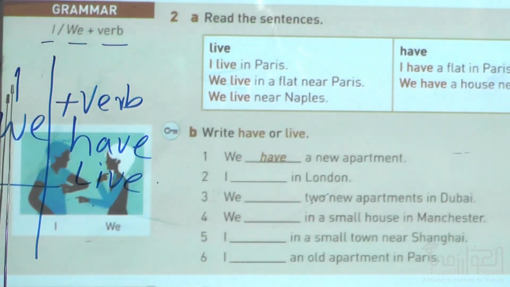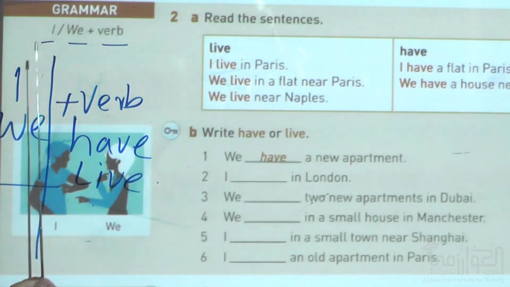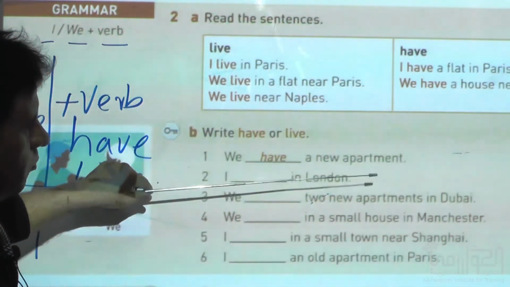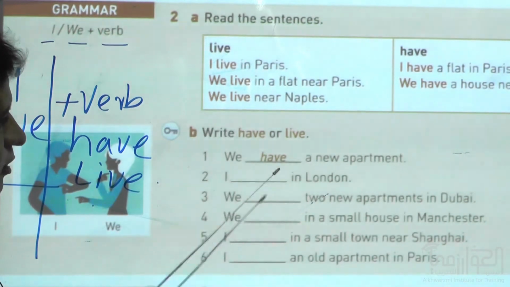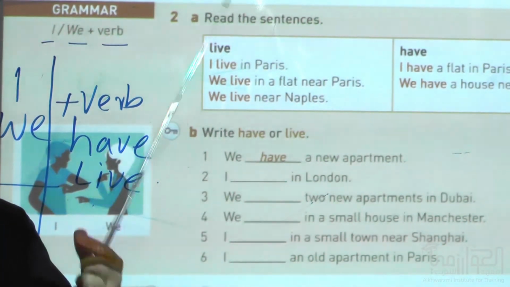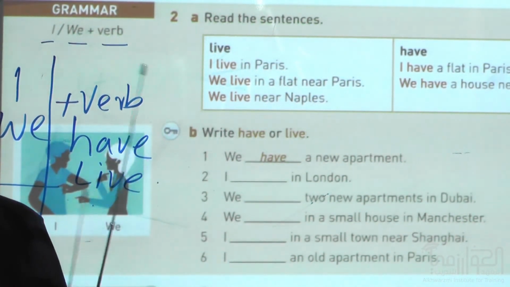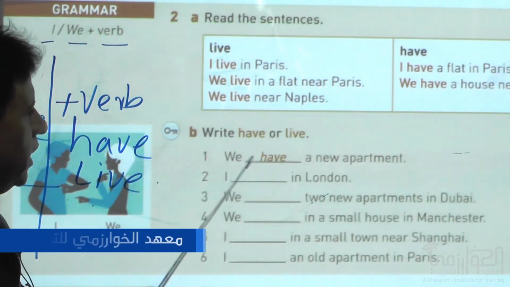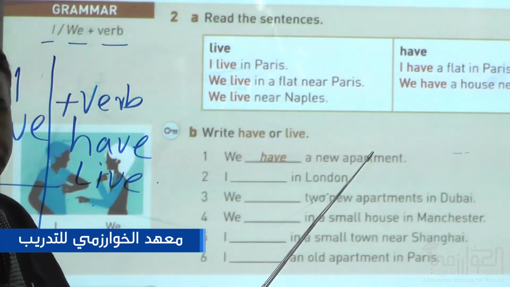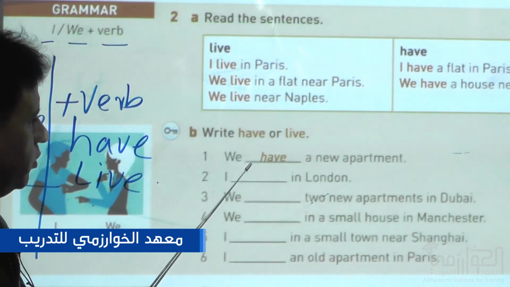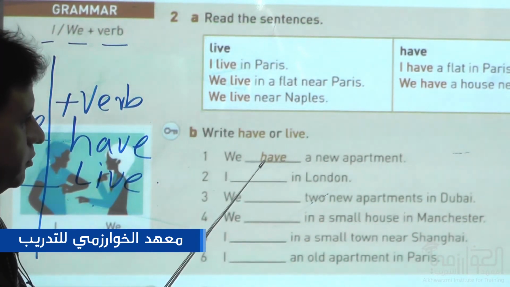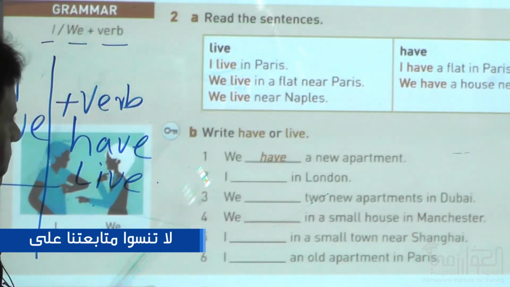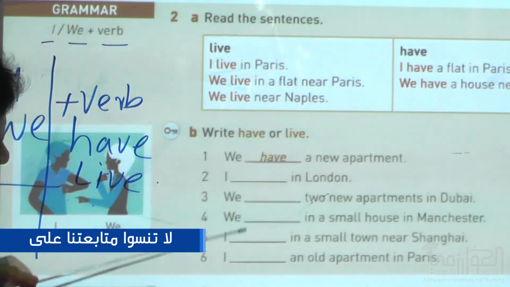If the subject is singular, then we have to look at what is the number of the object. Okay, so "have" means malkiya, that you own something, you have something, right? For instance, we have a new apartment. Okay, so this "we" is a subject and "have" is a verb, which is the topic of the grammar. Now we will look at the other examples here.